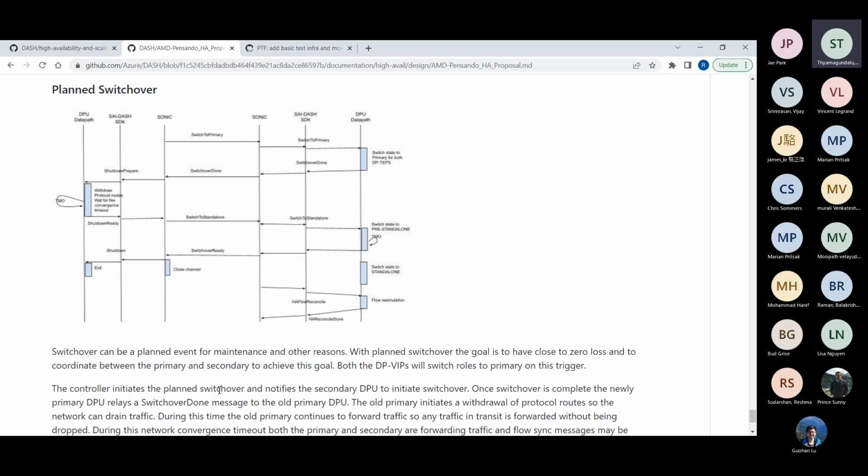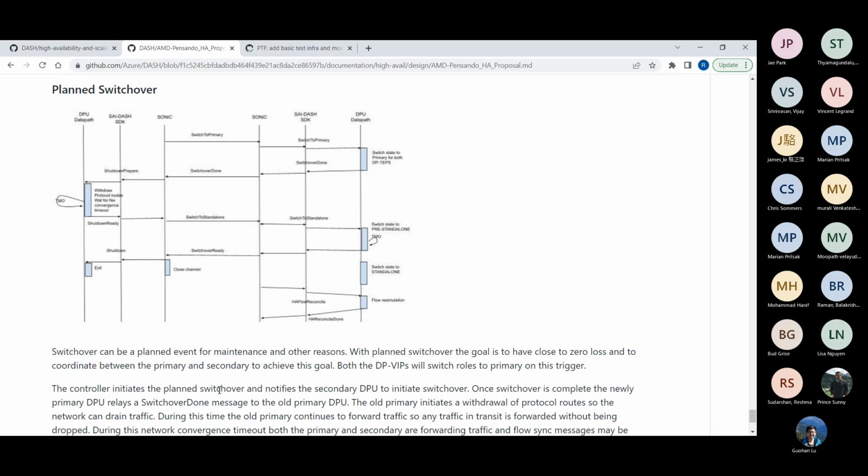There is a small timeout that we have. Once that is done, the standby side switches over to standalone and then notifies the old active that the switchover is done, at which point the old active can actually shut down. We can close the communication channel and exit.